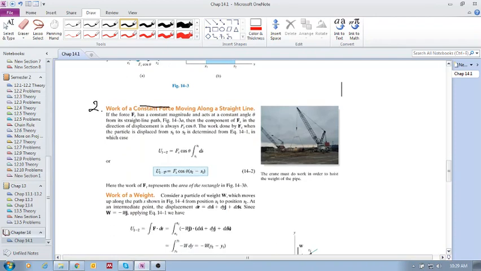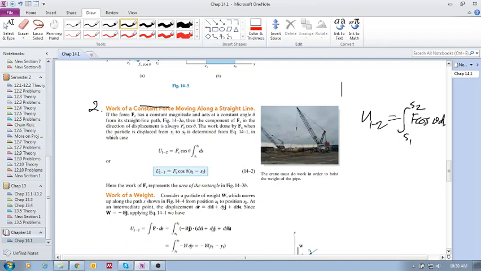The work from 1 to 2 of a constant force along a straight line is simply this. It is the magnitude of that force times the cos of the angle times the displacement, S2 minus S1. Okay? So please pick that up, guys. U1 to 2 equal to F cos theta ds. That is the most